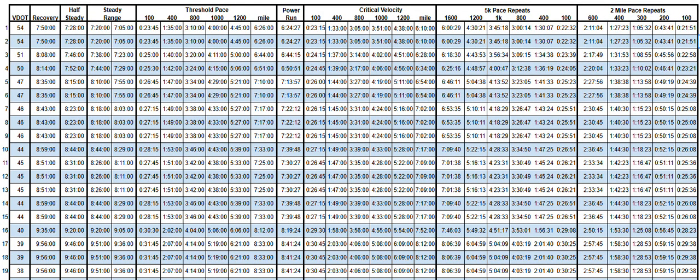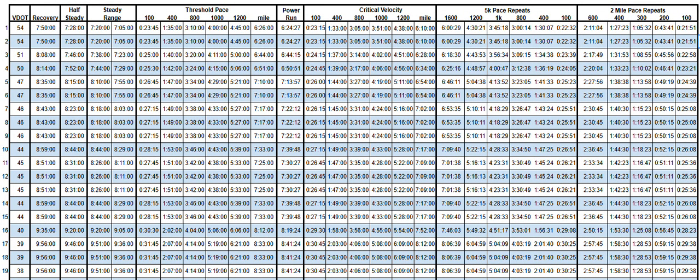Half steady is something that we use within a steady run and also sometimes as people are learning how to run steady runs. So to utilize it in a half steady run, what I'll usually say is the first half mile to a mile of a steady run doesn't really matter to me. You're just getting loose. By the end of the second mile, you should probably already be down to the half steady pace. And then over the remaining mileage, you're working in small chunks to negative split down into the steady range where the bulk of your miles,